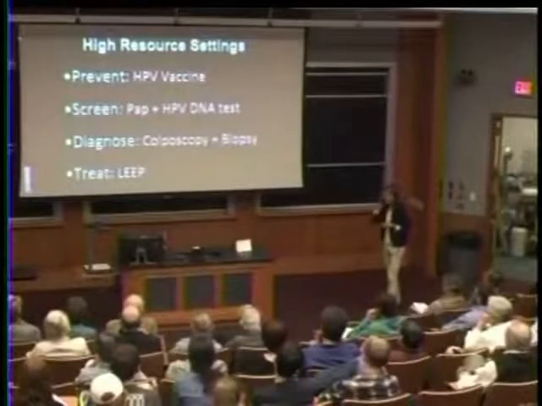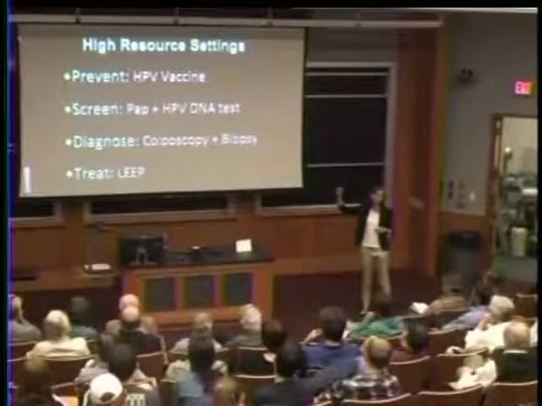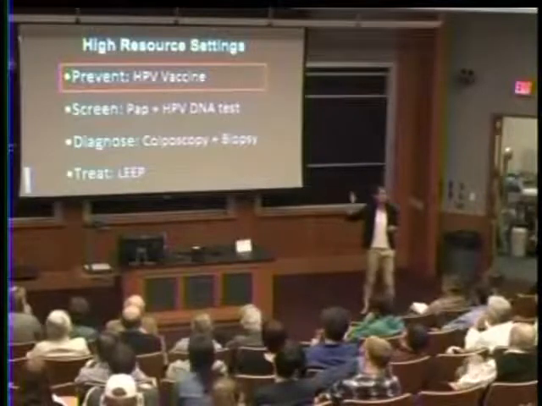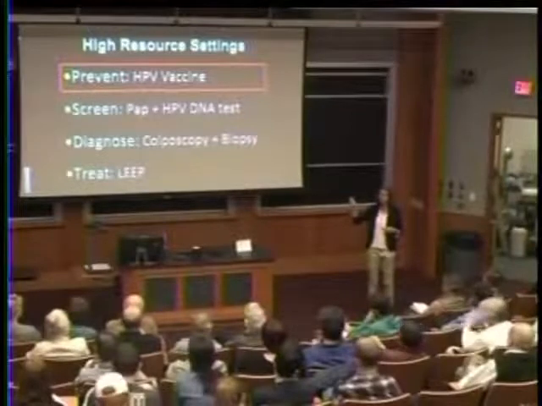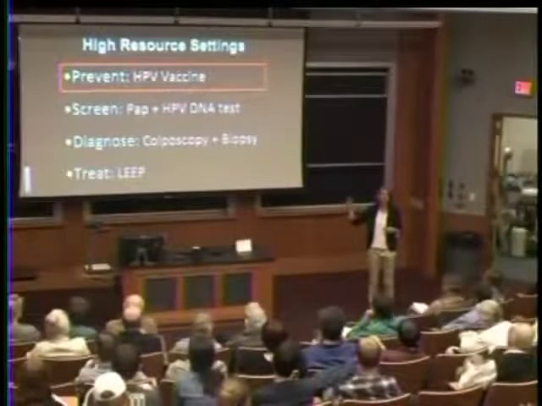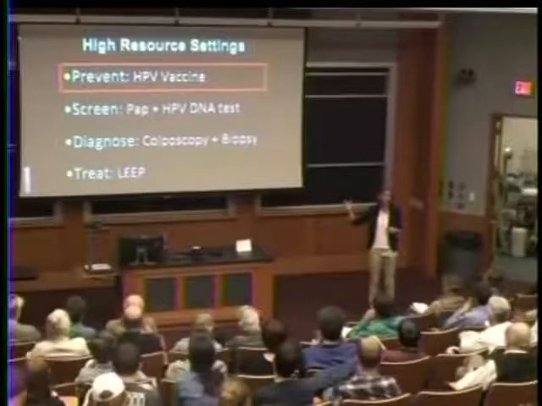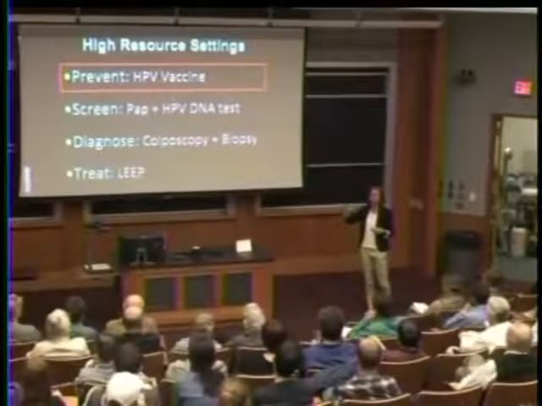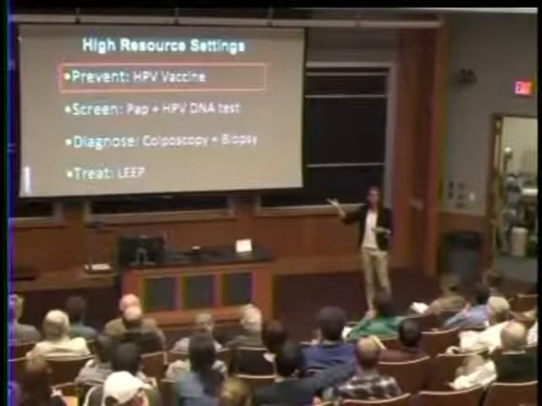So I want to come back to each of these and think about where there are opportunities for technologies to play a role. Let's take a look at prevention with the HPV vaccine. Cost right now is a major barrier for the HPV vaccine. The cost of a dose of the vaccine is about $100 here in the United States. If you're in a Gavi eligible country, you can buy a dose of vaccine for about $4.50, but that is about 10 to 100 times higher than the cost of other childhood immunizations that are commonly recommended. So cost is still a barrier.